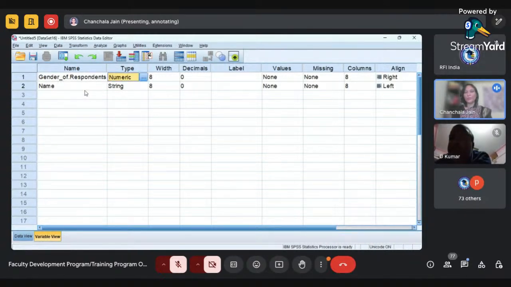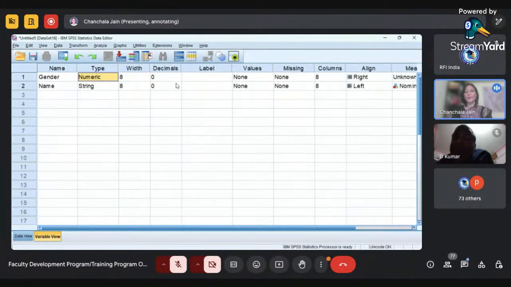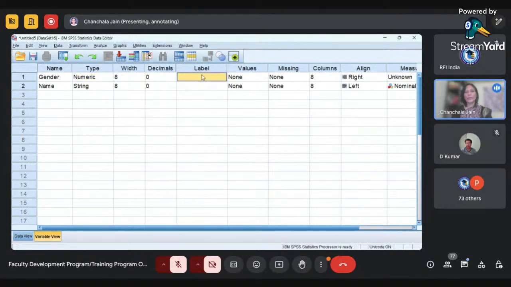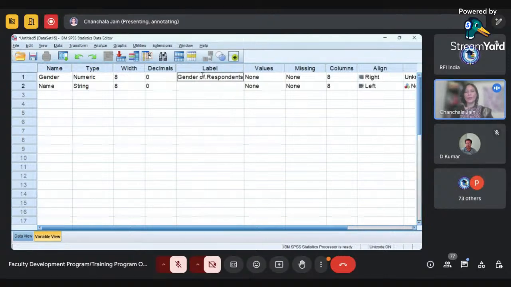So I'm pressing enter. You can see no error we are getting, but I think it is not looking good, right? So I am deleting this, deleting till here, keeping this only. And then as you can find, we are having one more option available here named label. In the label, I can write without any hindrance the name or the description I want to give for my variable.